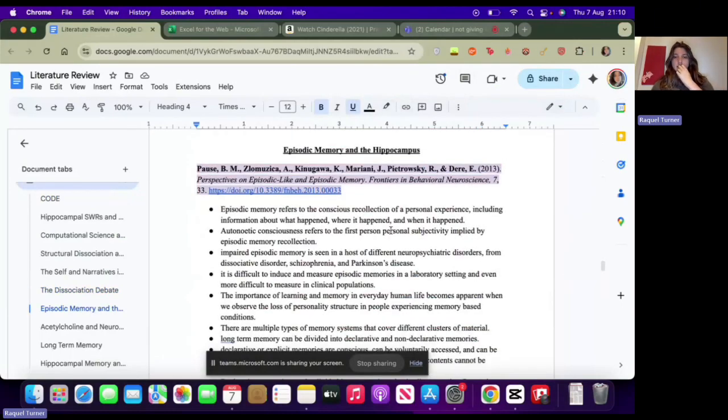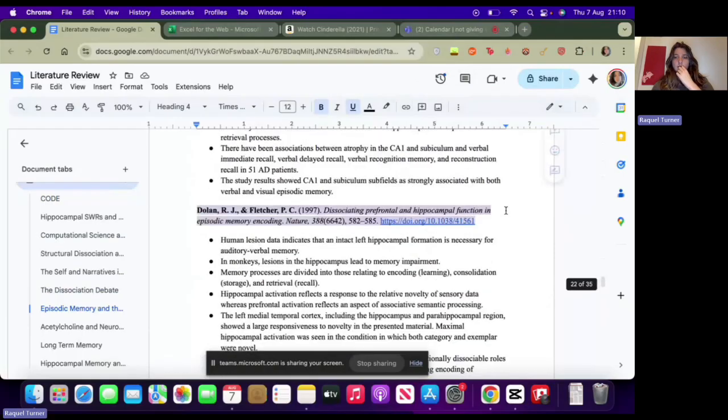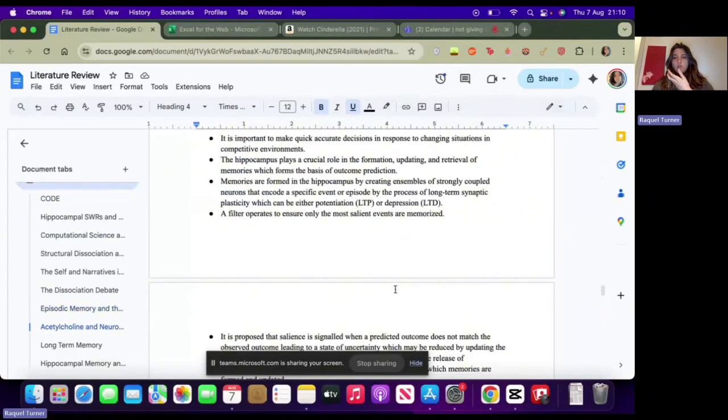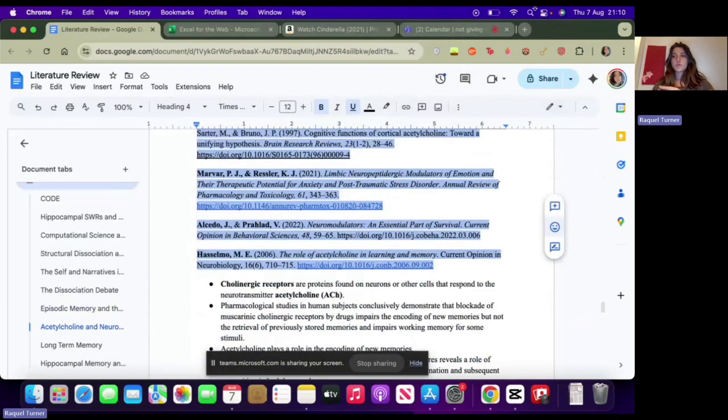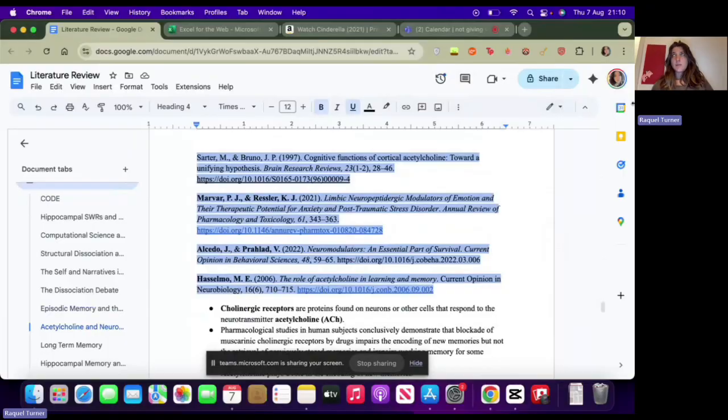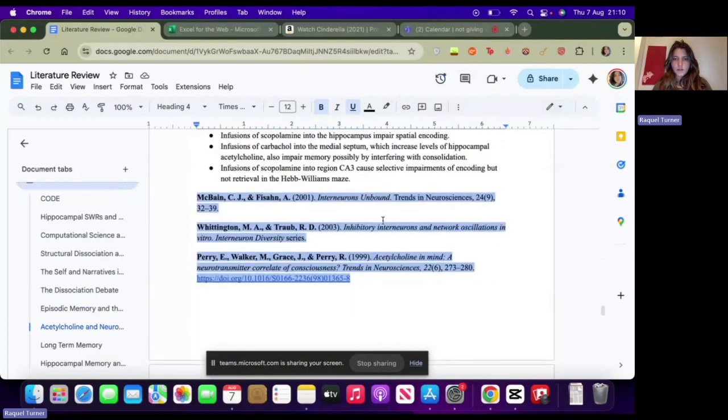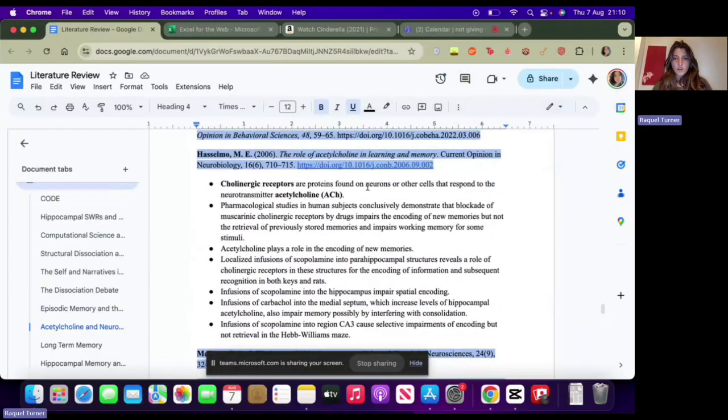And then it sucks because I had some that I read that were on my old laptop, and my old laptop just conked out. So I need to basically reread them, which is not a bad thing. I think rereading them or dealing with them again has been a really good opportunity for me to sit with information again, with everything that I have in my head, because the project has developed a lot over time. So I think as I go through, I have a better sense of what my method needs, etc. So for example, a lot of these were on my old laptop, so I do need to get them again and just read them again.